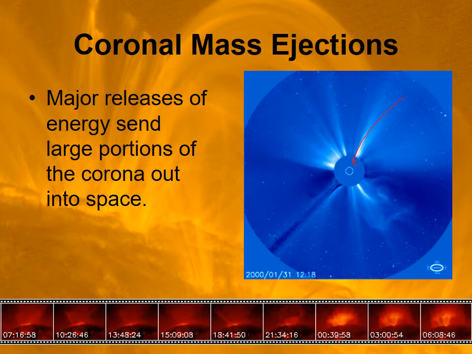But you can see the corona out here, the outer edge of the corona, and then here you see a chunk of the corona that's moving away. So that is literally a chunk of the corona being thrown outwards by a giant solar flare. So a huge solar flare happened there, a massive release of energy. That huge release of energy then is throwing a large chunk of the corona out across the solar system. Now, that particular one, it's going off to the side.